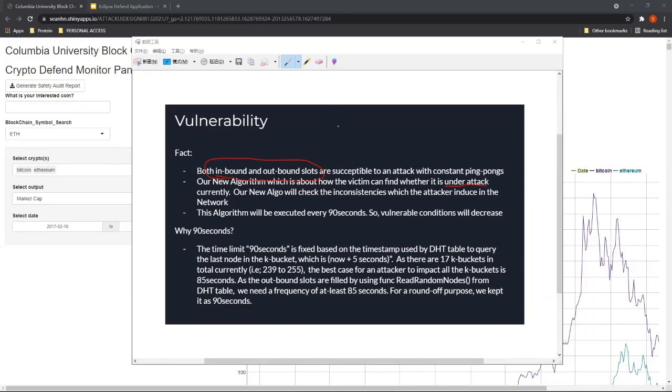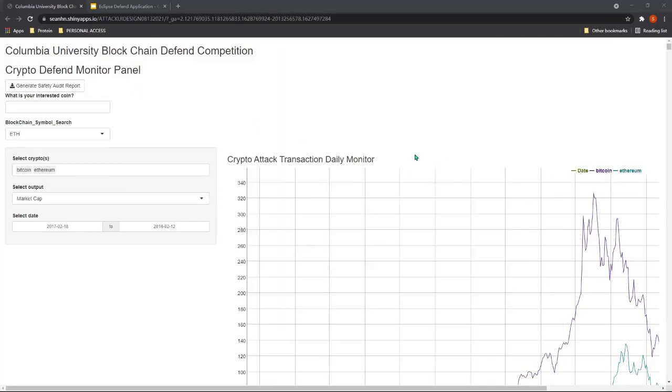Because the inbound and outbound slots can recall some attack node or fake node or failed transaction history, my idea is how to monitor this activity. I designed a Shiny app through the R language, and this interface is an HTML interface. So first of all,